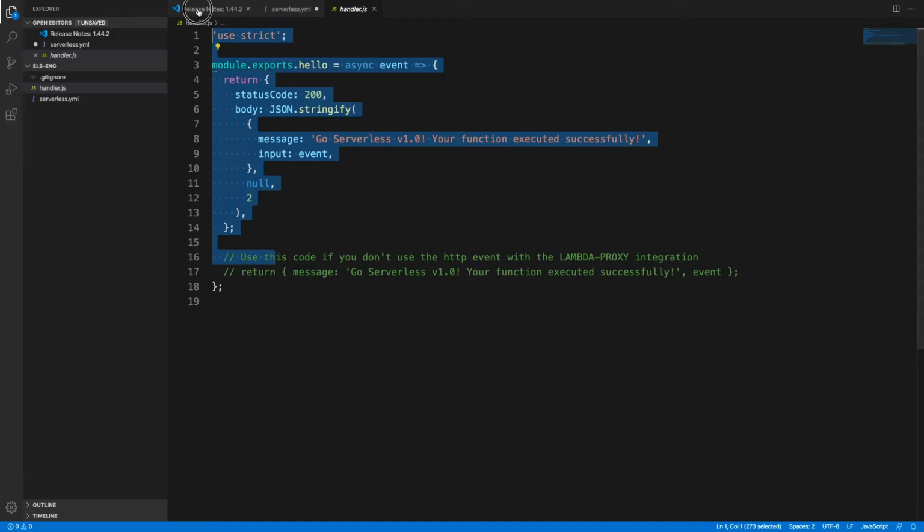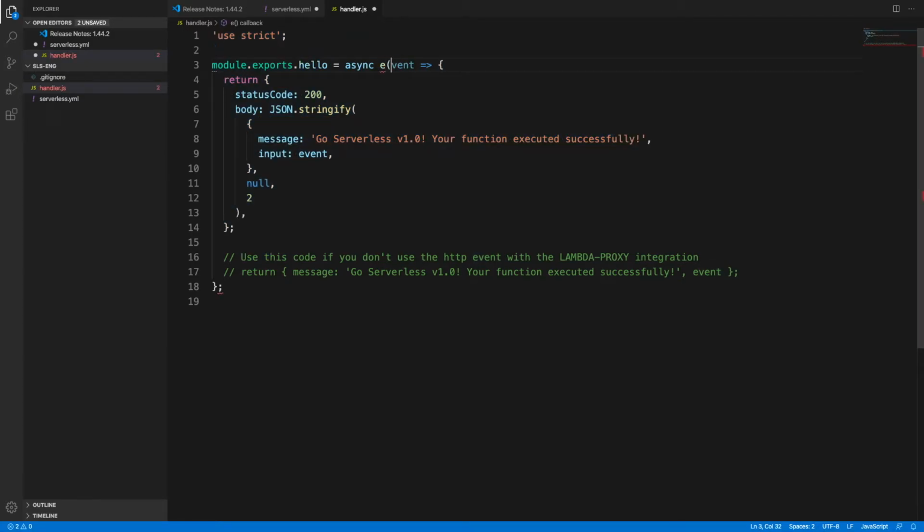As you can see, a particular function is written here, and we are exporting that function, and we have mentioned the event in parentheses. I mentioned the event in this parenthesis, and you can see this message.